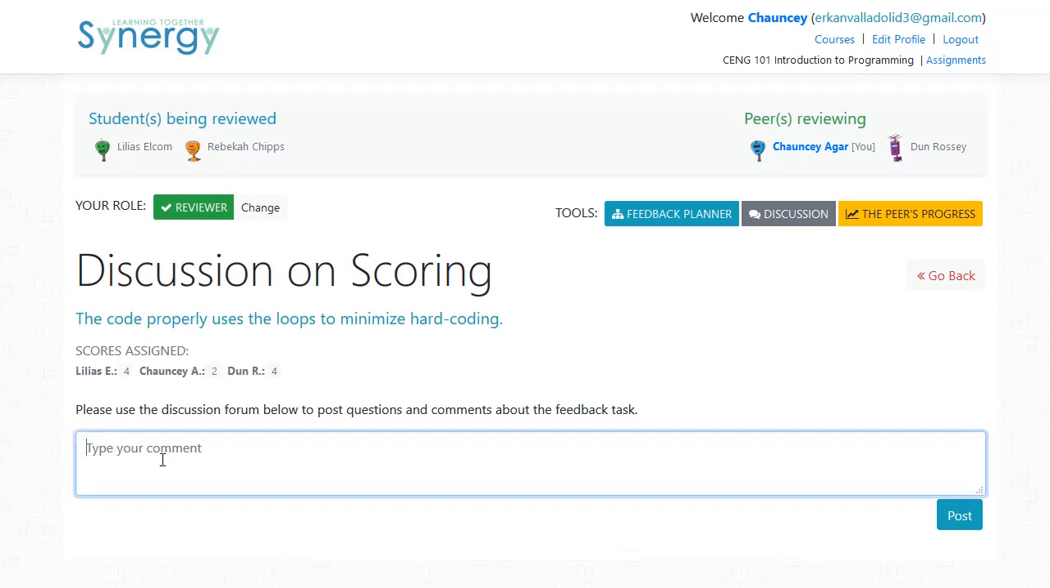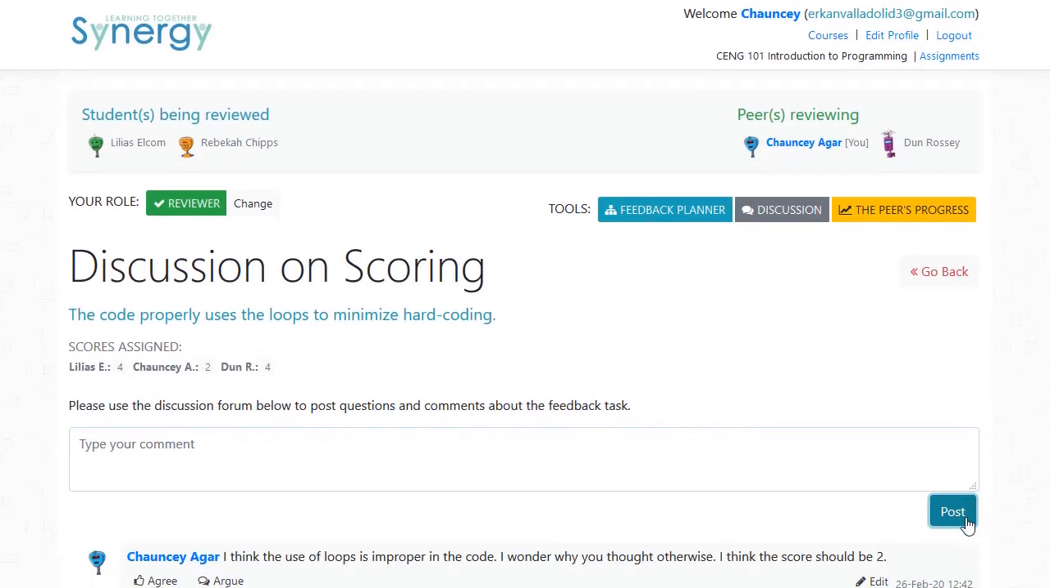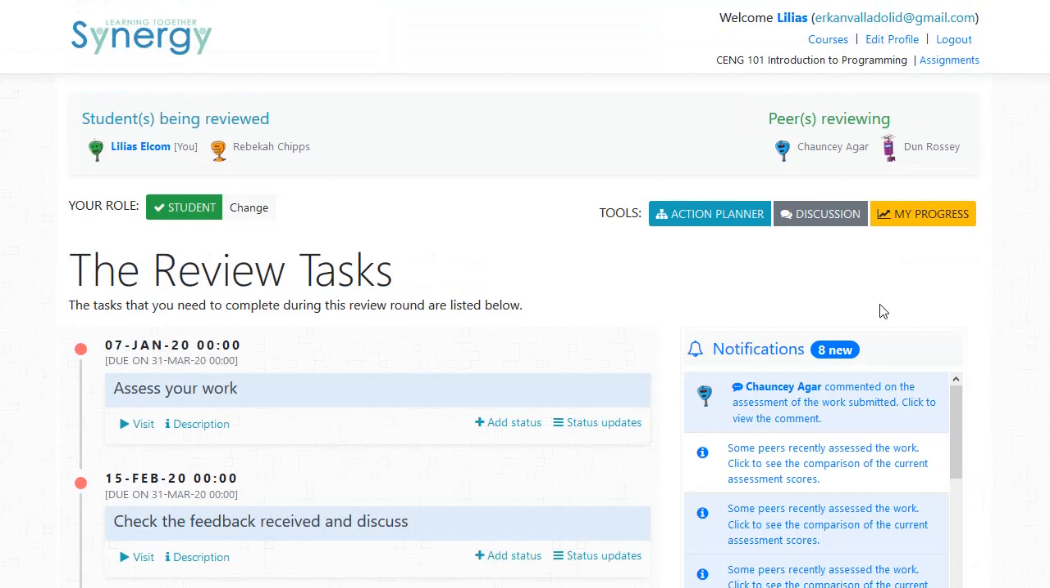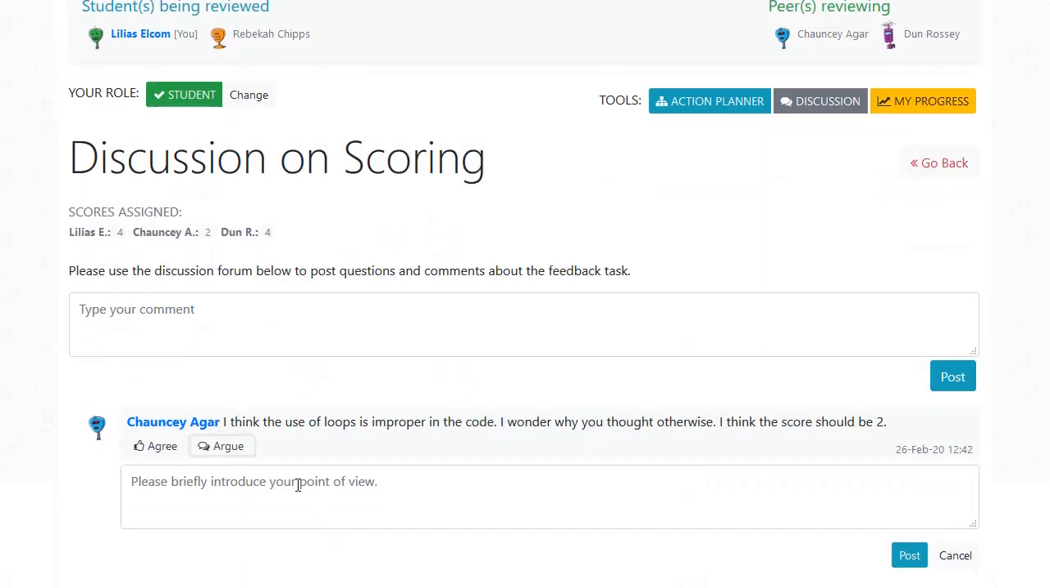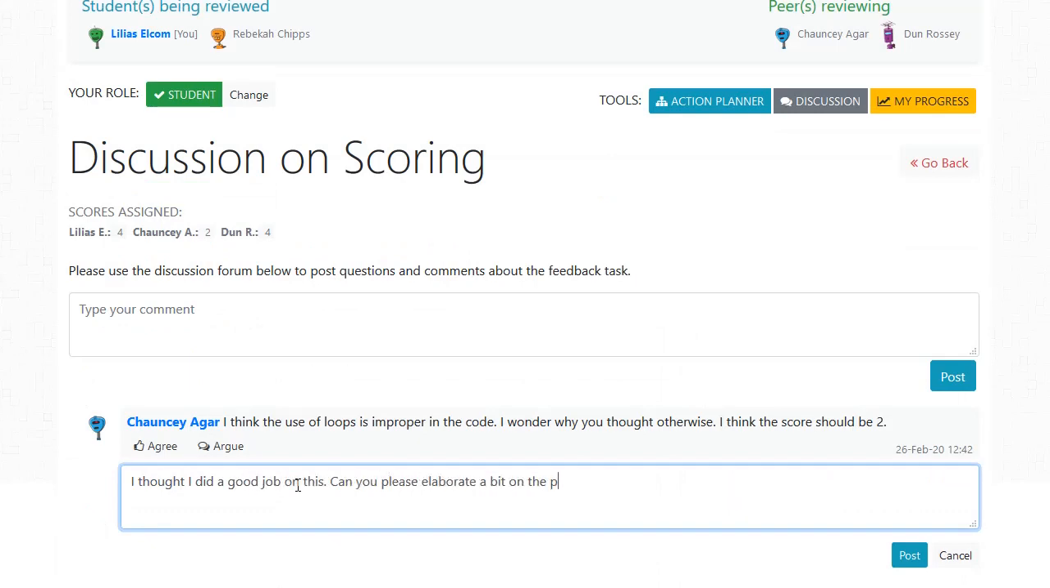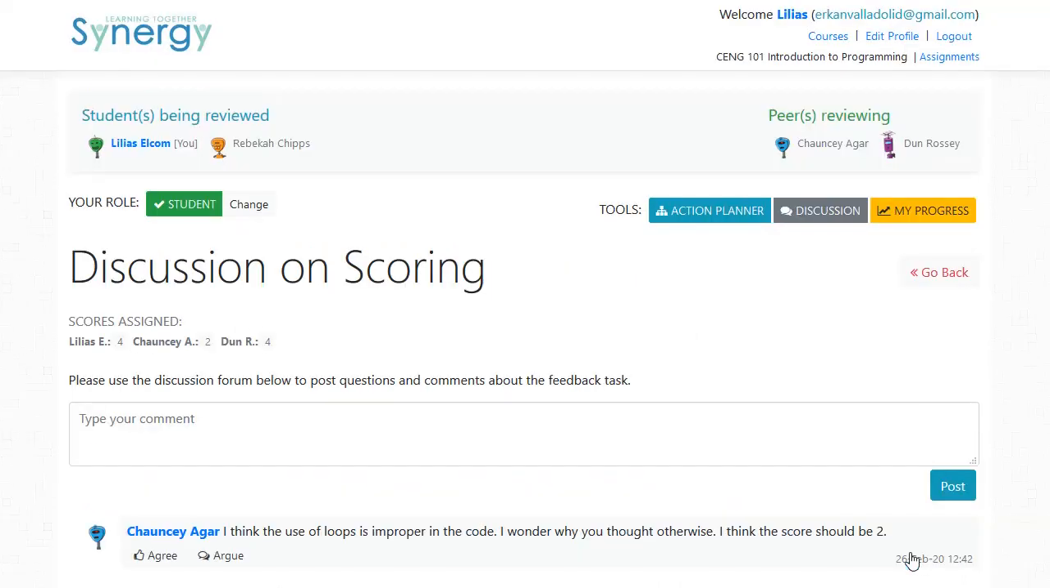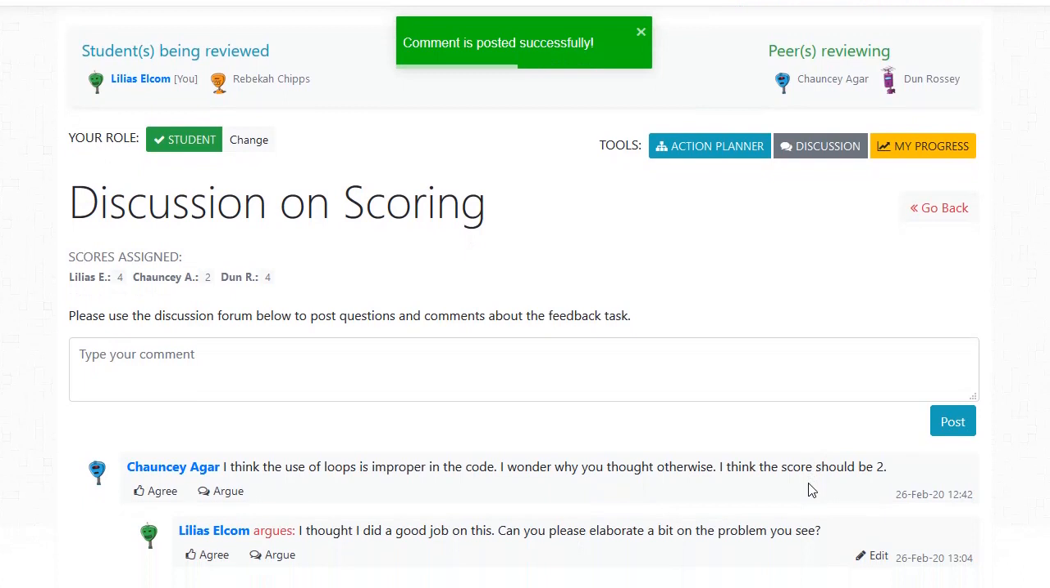For example, for this criterion, a reviewing peer enters the discussions to share the reason why he gave a score of 2 as opposed to others who gave a score of 4. Similarly, the target student can access the same discussions to indicate his agreement or disagreement. This discussion is supposed to continue until students explain their rationale for the scores and reach a consensus on the